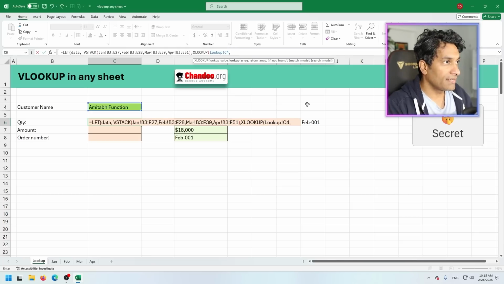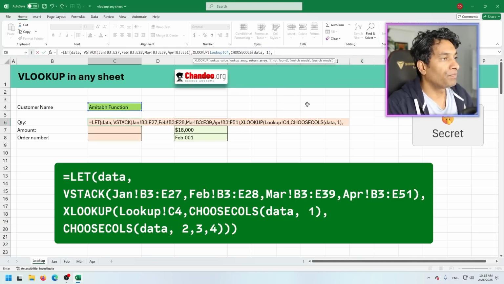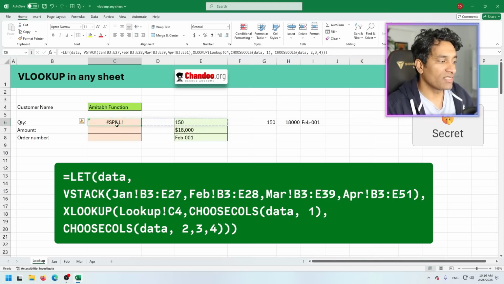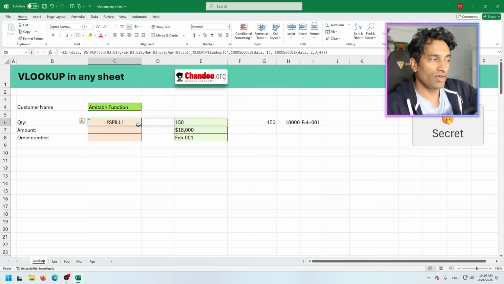Look up this, the choose calls of data1, and now when you hit enter, obviously you're going to get a spill error because this thing wants to spill like that, and there is already some values here, so we'll get an error. So first up, we don't want that data to go sideways, we want it to go down.